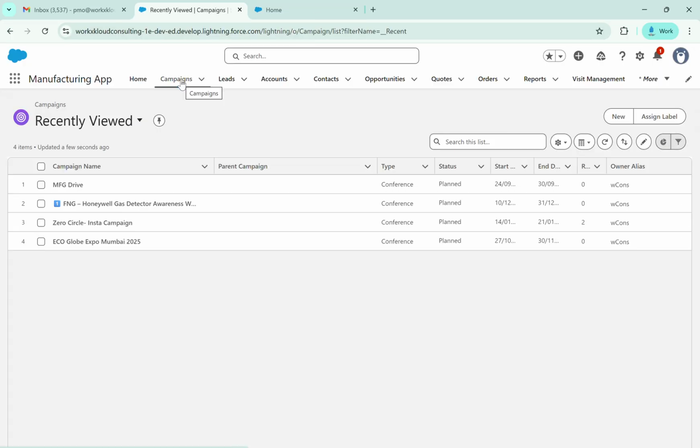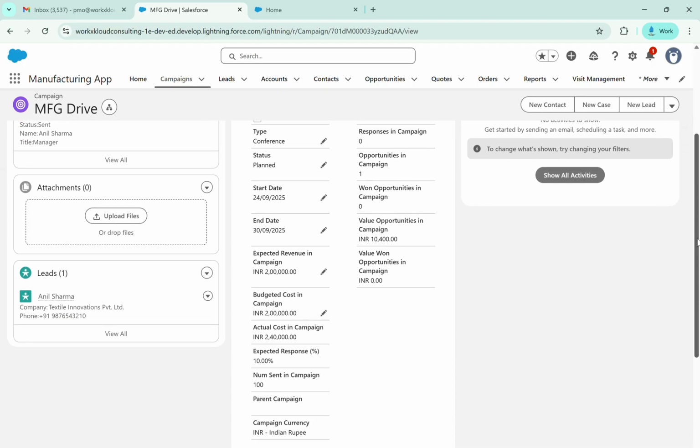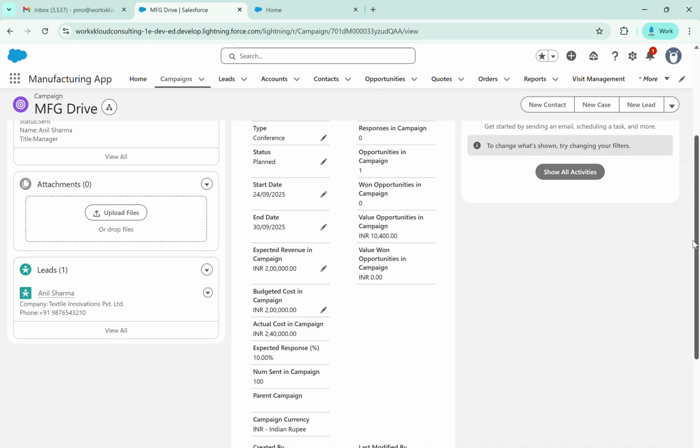Coming straight to campaigns, your organization might be driving a lot of campaigns through which they generate leads. Here in Salesforce, you can manage your campaigns. You can create a campaign and put in all your details, like the budgeted cost, how much target revenue you're expecting from this particular campaign, and how many contacts you are targeting to reach through it. When leads are generated through the campaign, they are nurtured and converted, and once orders are placed,